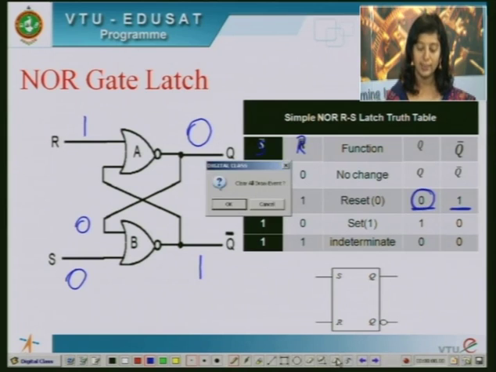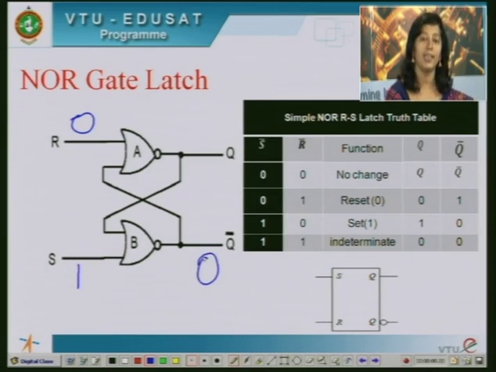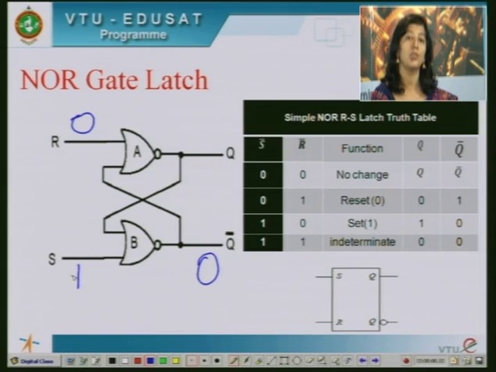Similarly, the next state, R is 0 and S is 1. This is called the set state. So what happens in this? This gate B's output will be tied to 0, because one of its inputs was in 1 state. So since this is 1, you can directly say output of this gate will go off to 0, property of the NOR gate. Now if this is 0, the output of this gate Q becomes high. So Q is high and Q bar is low, which is the set state,